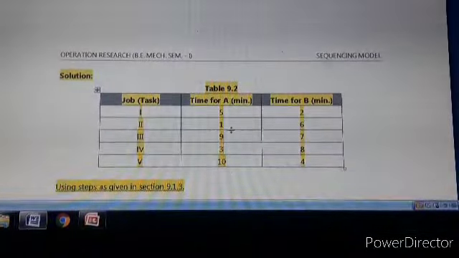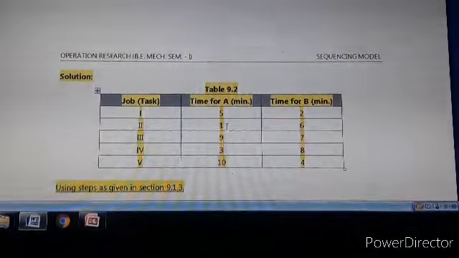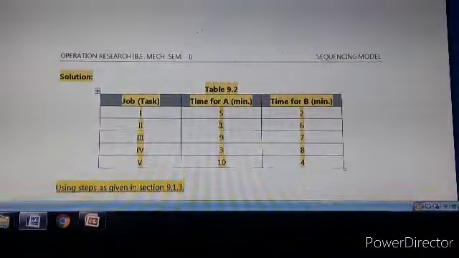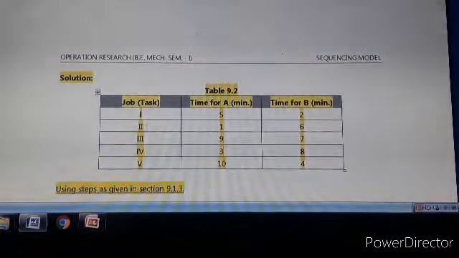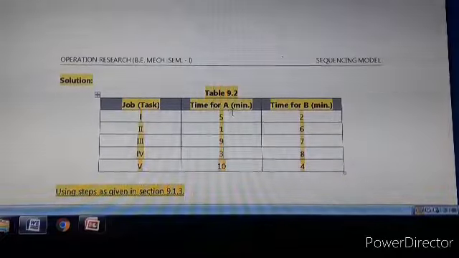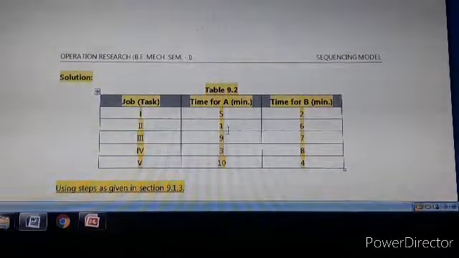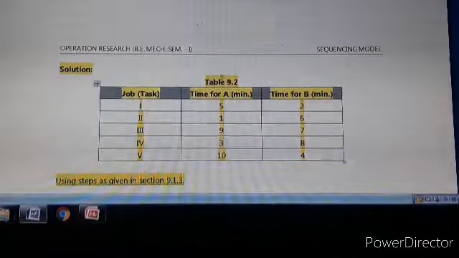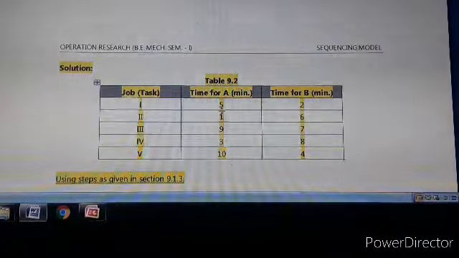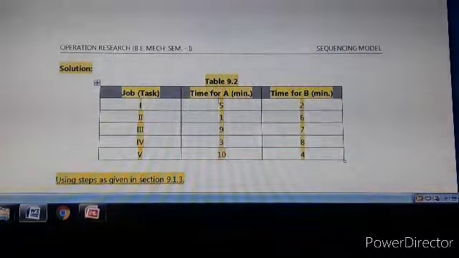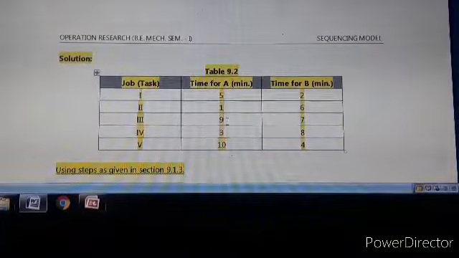So out of 1 and 2, 1 is the smallest. That's why we will select job 2 to be processed first, since the minimum value is 1, and it is in column 1, so we have to assign job 2 first on machine 1, correct?